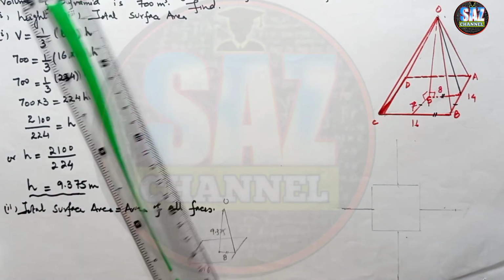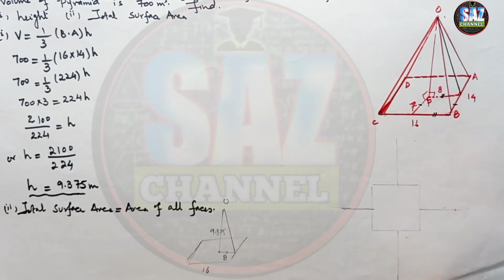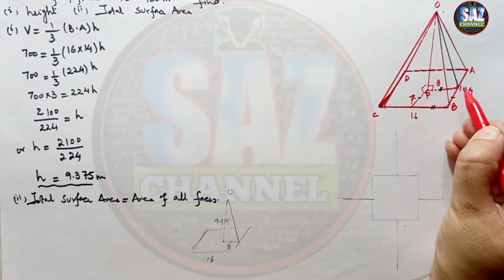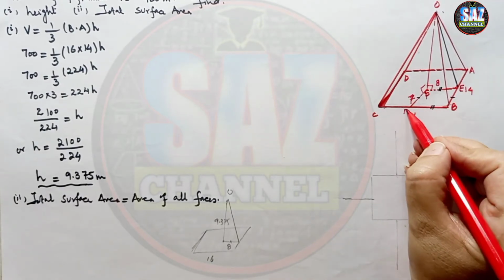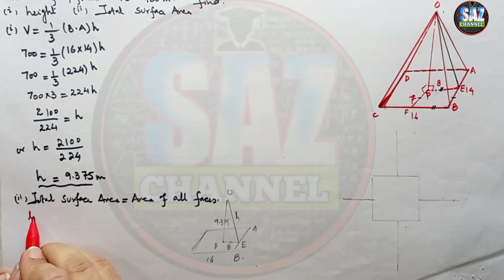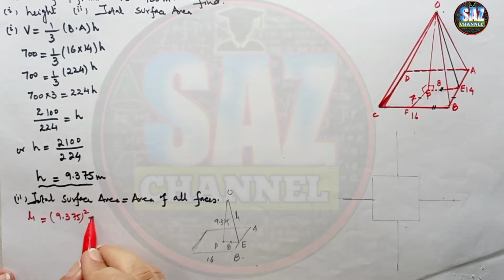Are we given this? No, we are drawing the figure on our own. So as we marked O, A, B, C and D, let's mark some points here. Let it be E and this be F, and same here, O, P and E. Now see, this is the slant height which we will be using as the height of the triangle AB. So I'm going to find L1. L1 will be equal to the square root of 9.375 square plus 8 square.